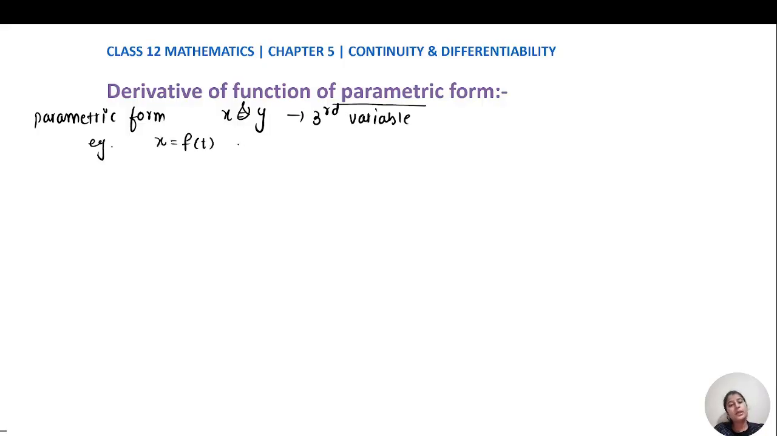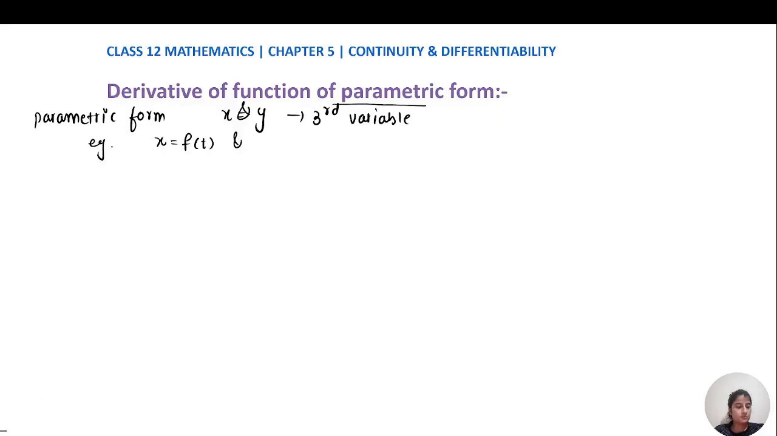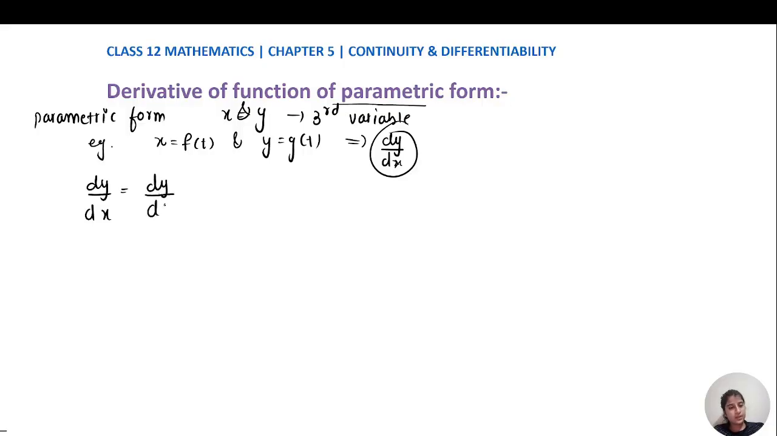of t and my y is some g of t. As you can see, my x and y are completely in terms of a third variable, then it is said to be a parametric form of x and y. Now if we have to find the derivative, that is dy by dx, how can we find it? For that we have the derivative of a function in parametric form. To find our dy by dx, we will use the chain rule. So for the chain rule, we differentiate our y with respect to t,